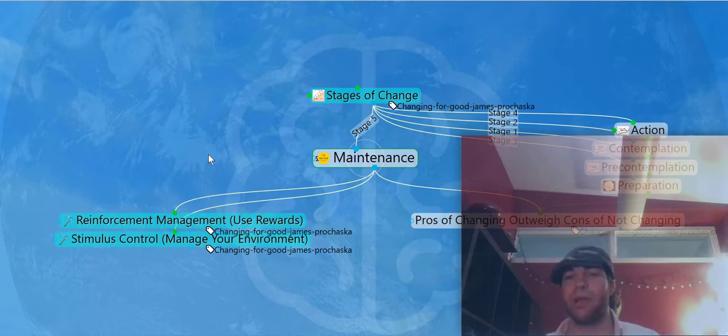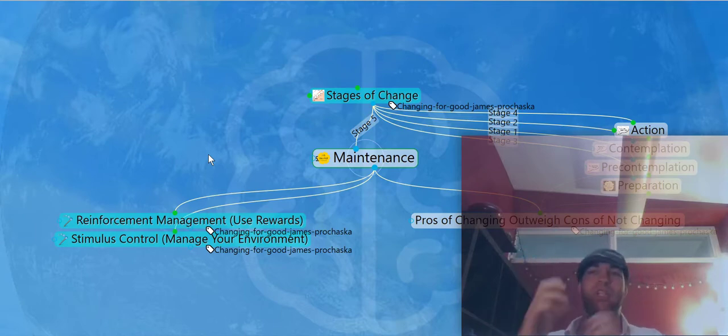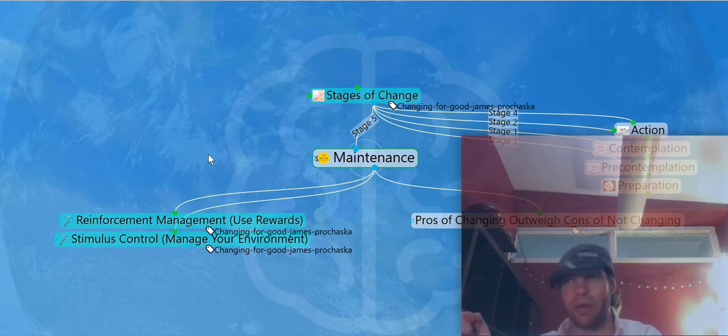Now I should mention that most meta-studies of the stages of change have come out negative. There are some positive meta-studies that show that the stages of change in the Transtheoretical Model works, but there are an overwhelming amount of meta-studies which say there's not really a positive or negative to matching stages to strategies. So why am I teaching this to you, and why do I still think about this? It's because I do think there is some truth there.